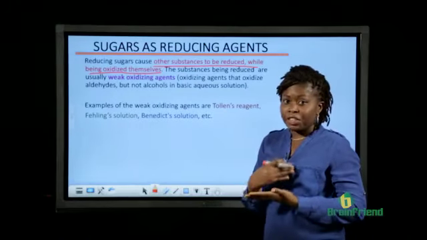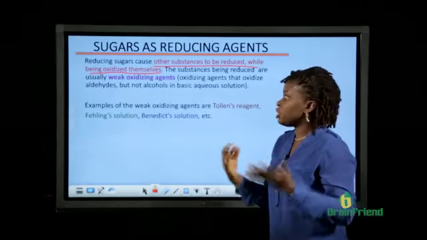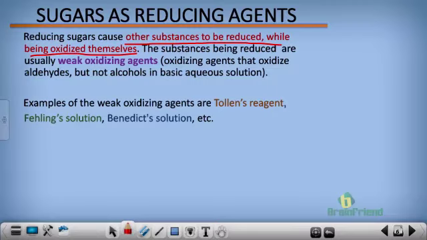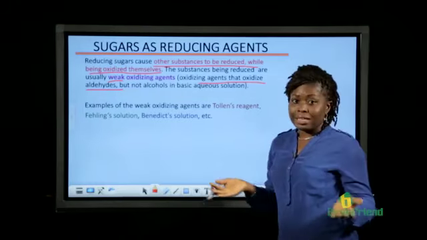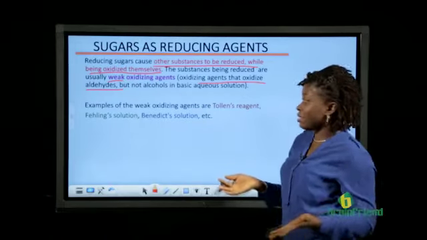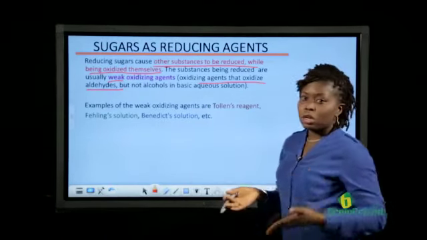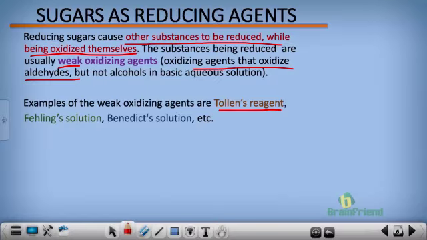So, reducing sugars have this quality, and that is why they are reducing sugars. These substances being reduced are oxidizing agents, but in the case of reducing sugars, they are weak oxidizing agents. And weak oxidizing agents are usually oxidizing agents that oxidize aldehydes, but not alcohols, in basic aqueous solutions. Examples of these weak oxidizing agents that reducing sugars reduce are Tollens' reagent, Fehling's solution, and Benedict's